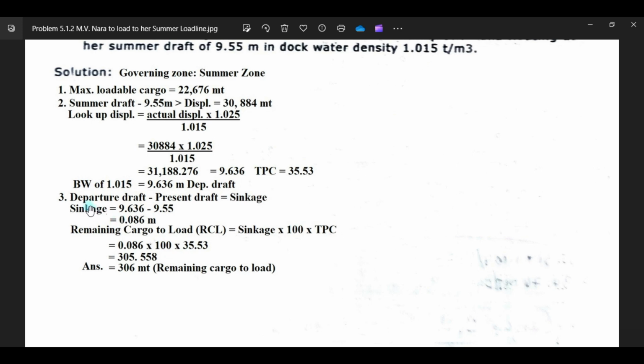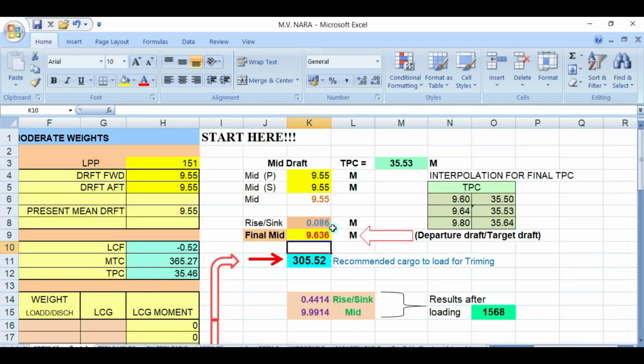Sinkage here is your departure draft minus your present draft. So your departure draft, which is 9.636, minus your present draft of 9.55, you will have a sinkage of 0.086, which is this one. Okay, and the TPC of your final departure draft, which is this one, which is K9, K and 9.